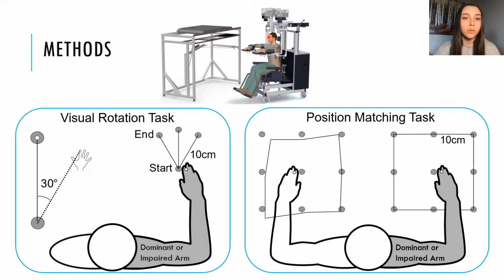Participants were seated in the robot and could then interact with targets on a screen via a cursor that was aligned to their fingertip. The first task was a visual rotation task. Participants began by performing baseline or normal reaching movements as they reached to one of 3 end targets. We then applied a 30-degree counterclockwise rotation to the cursor, where full adaptation required participants to reach 30 degrees clockwise